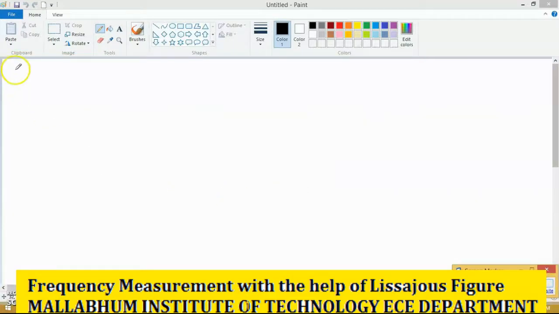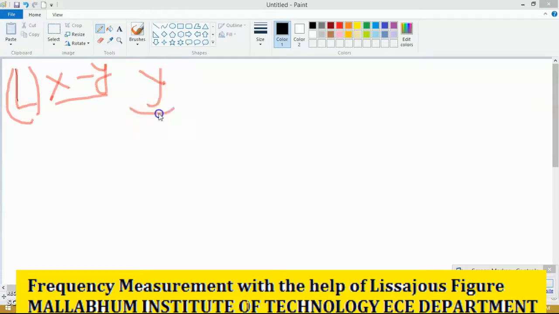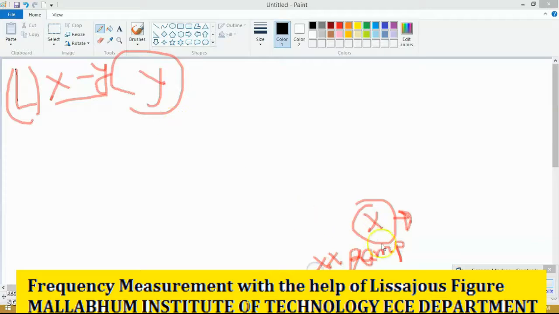I have told you that the Lissajous figure is a figure we get when the CRO operates in the XY mode. In the XY mode we do not get the normal waveform of the CRO; rather, in the Y plate we apply some sort of signal, and in the X plate we also apply some sort of signal. This is not the ramp signal. So in the XY mode, we do not apply the ramp signal to the horizontal plate; we apply some sort of sinusoidal signal or maybe another waveform. This is the meaning of the XY mode.